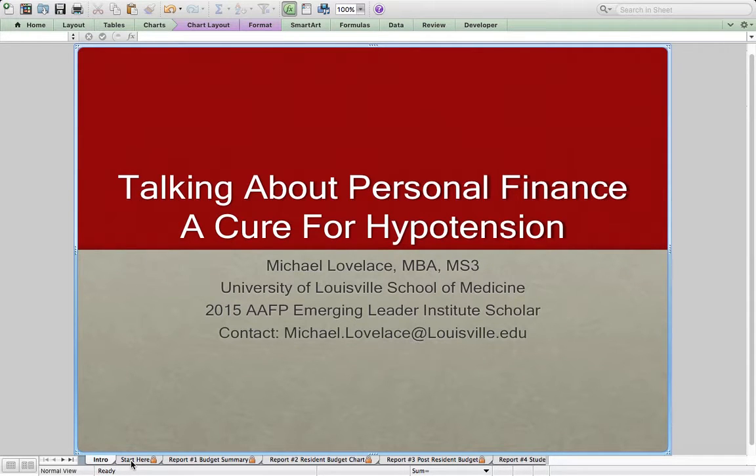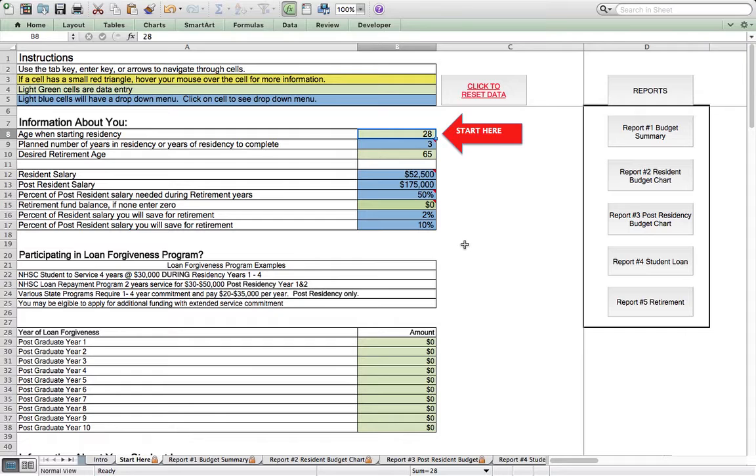So let's begin by taking a look at the data entry sheet. Click on the Start Here tab located on the bottom. In the top left, you'll see instructions including color-coded instructions for data entry. I've tried to limit the amount of data entry to about 40 questions. Total time for data entry is about 15 to 20 minutes initially, depending on if the person has all of their information available. In the effort to save time during this review, I have already pre-populated